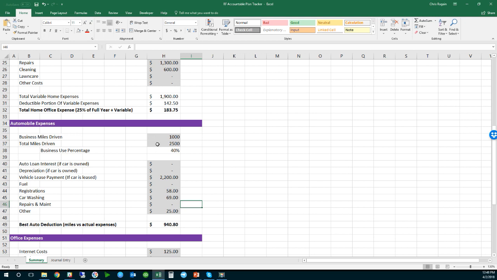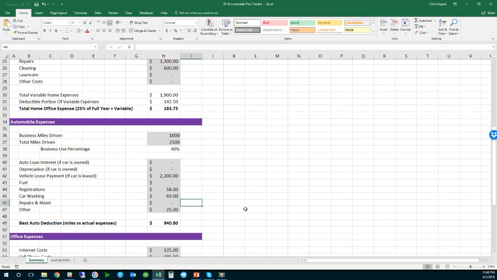Either way, make sure they fill this in. We will go over depreciation and everything like that in the depreciation module. Just know that for putting in the depreciation of the car right here, I have a calculator you're going to use that's on the Halon website, where you can calculate depreciation for any asset you want to and fill this in. If they're not paying you to do this, you can help them find it, or they can find it on their own. Again, I'm going to get into that here in a couple of slides, but we're going to fill in all this car information, and we're going to get what the quarterly automobile deduction should be.